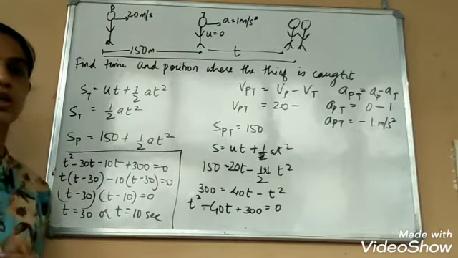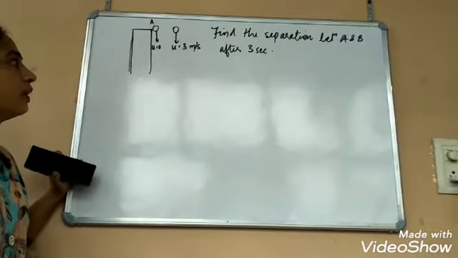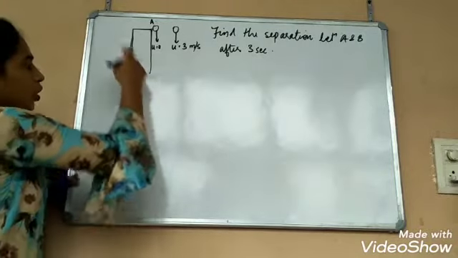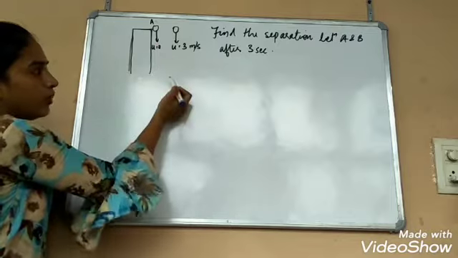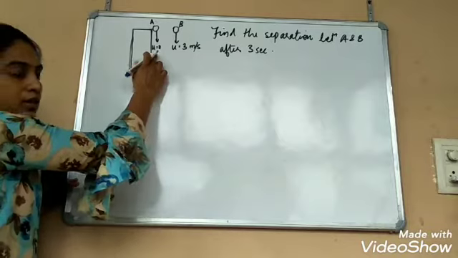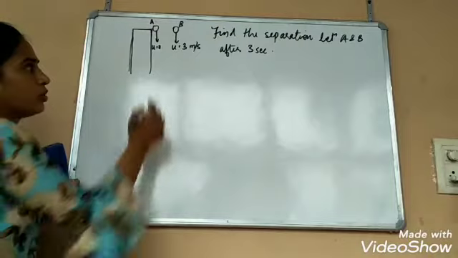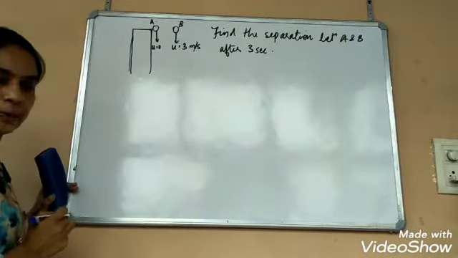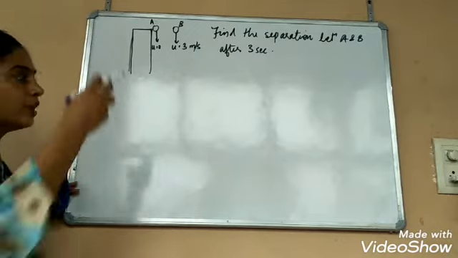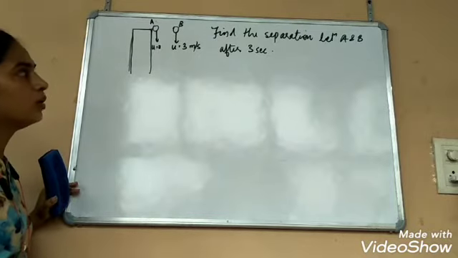Okay, so let's take one gravity problem. One motion and gravity question we will take with relative velocity. Like there's a tower of some height and two balls are dropped from the tower. It is given that ball A is dropped and its initial velocity is 0, so it's just dropped. Ball B is dropped with some force, so its initial velocity is 3 meter per second. So obviously ball B is dropped with more initial velocity, so ball B will drop faster as compared to ball A.